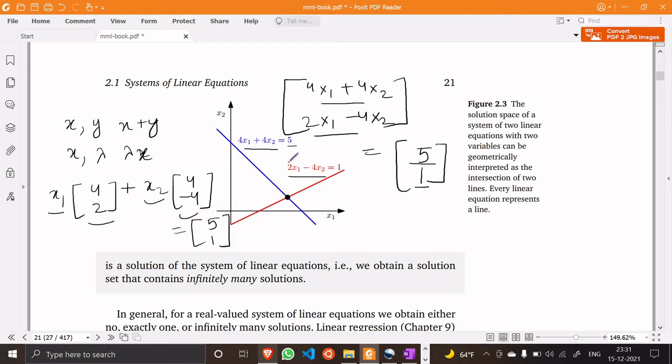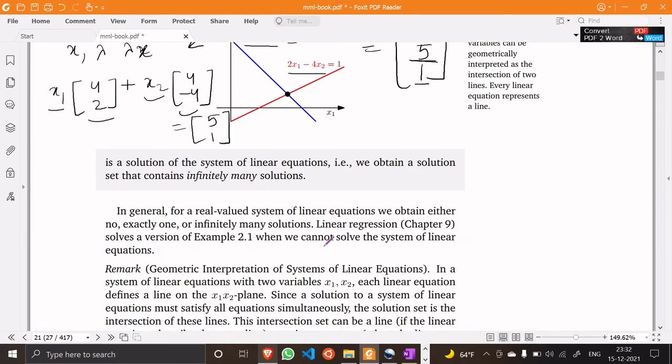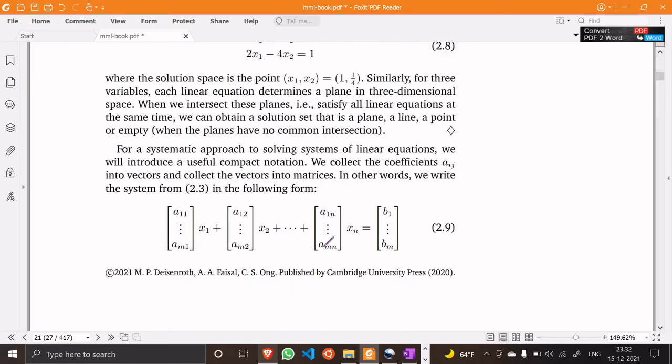We have not done anything different. We took the individual equations and broke them down like this, right? So we got a system of linear equations using scalar multiplication with vectors and adding those vectors together. Okay, so if we see, we can write equations in this form.